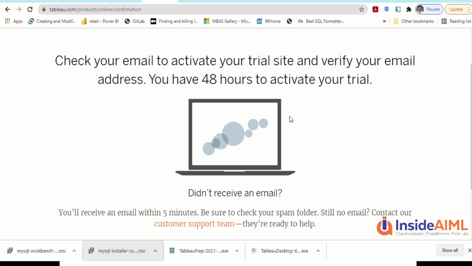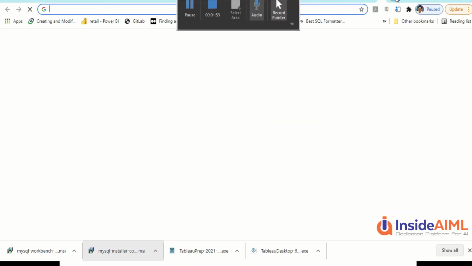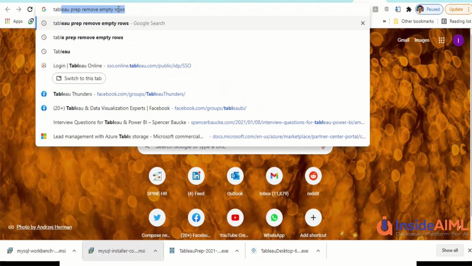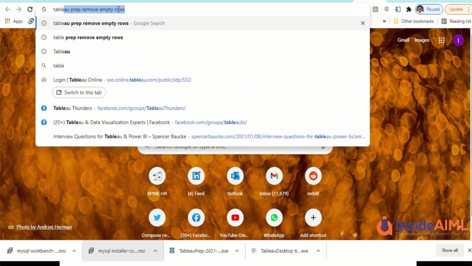So now we have installed our required software. We have Tableau Prep, we have Tableau Desktop. The only thing which we did not install is Tableau Public, and I advise you to install Tableau Public also.